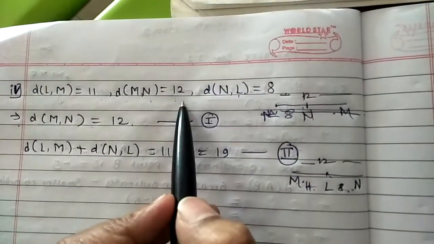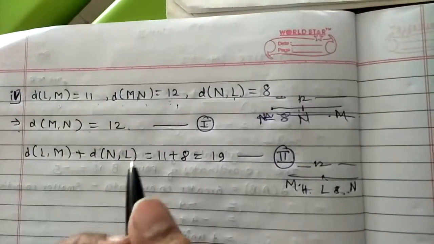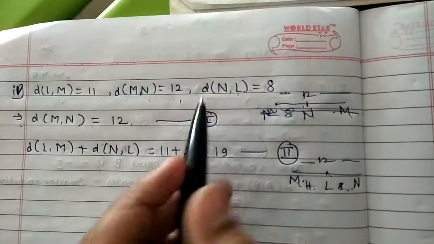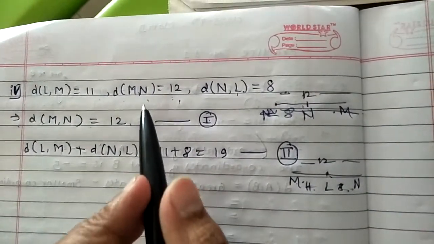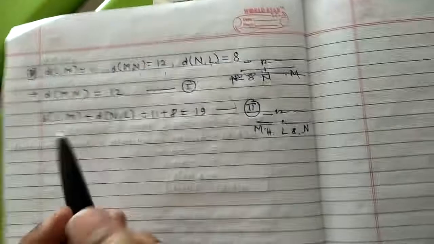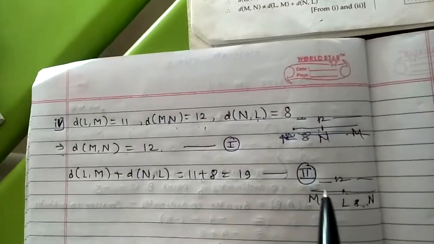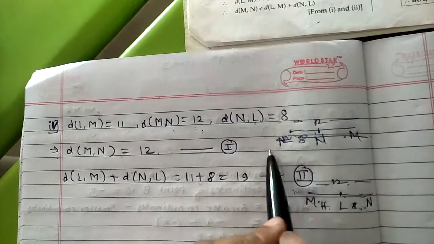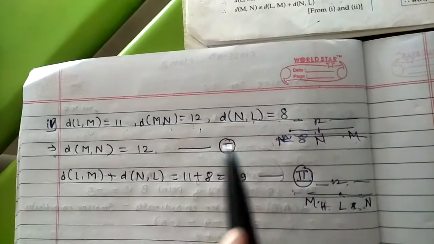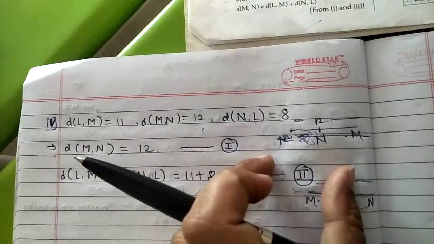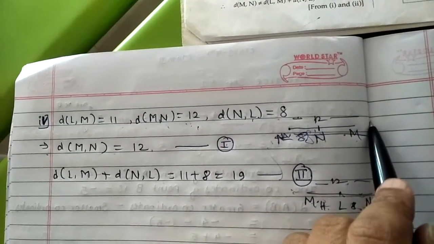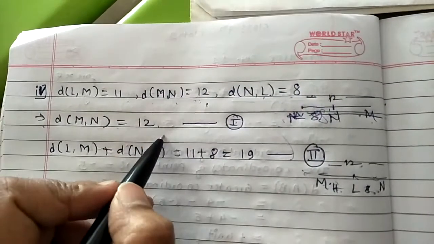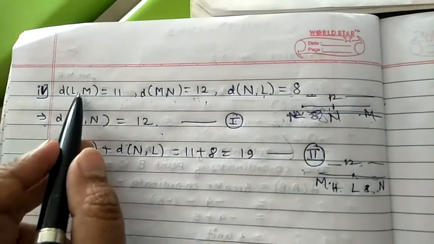It means, why do we have to take the larger distance? To decide the two end points of the line segment. Suppose the biggest length in the given distances is 12, then the remaining point is in between. Suppose we take 8, with N and L as the end points. Then the line segment is small, so how can point M come there? It cannot, because it is the larger length. So here MN, the larger one, we assume as equation number 1, and the remaining distances, their addition.